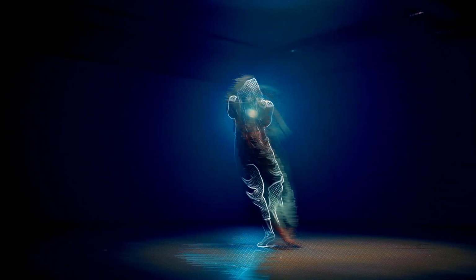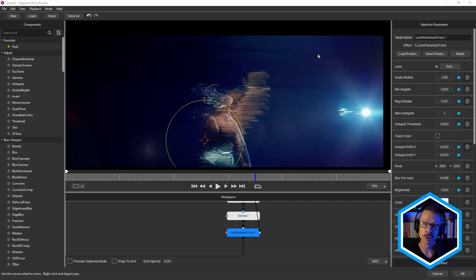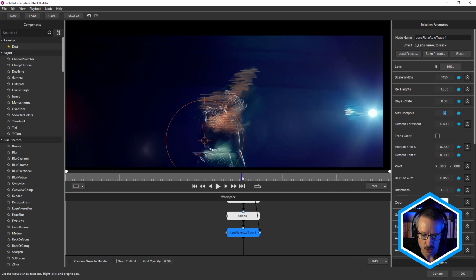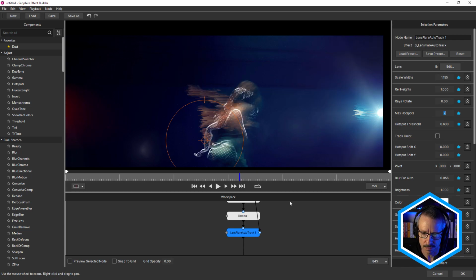And to finish off this look, what I'd like to do is use one of the new effects in Sapphire 2024, which is Sapphire Dust. Before we do that though, one thing we should do is just once again increase the max hotspots. Remember we set this to 2, but then we applied a preset and that reverted back to 1. It probably doesn't make a lot of difference with this shot because I think we only see 1 spotlight in the frame at a time. But I'm just not quite sure, so I'm going to make that 2.